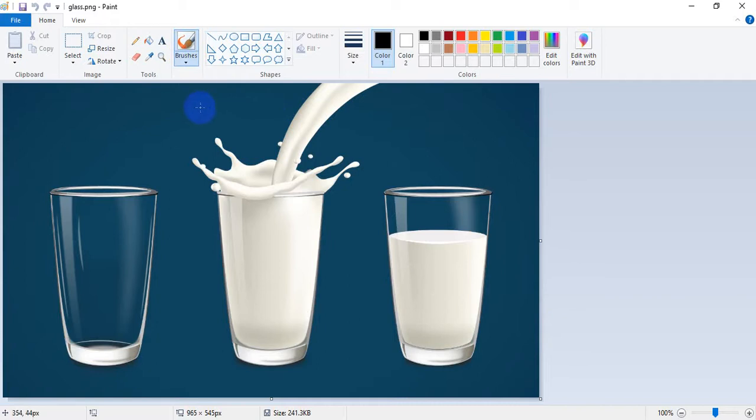By using this shape tab, we can create our different valid shapes. For example, the first one I am going to create is a rectangle, so I will click rectangle on that particular glass. I have created the rectangle. Then I will create a circle.